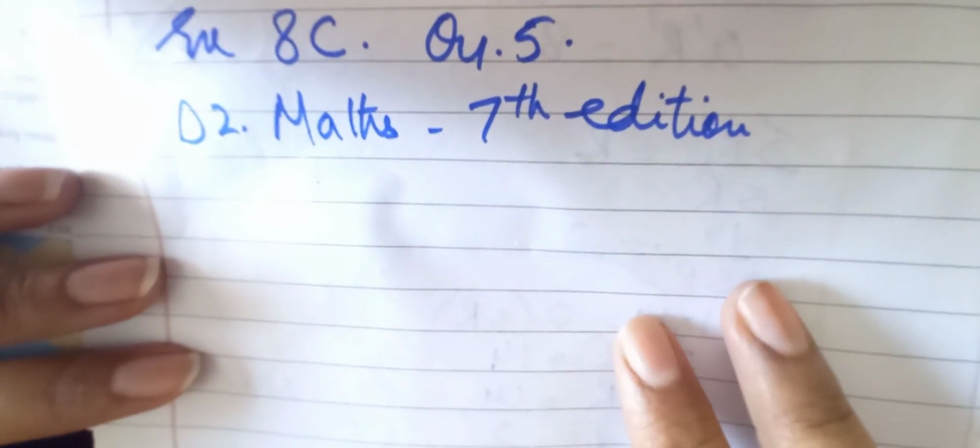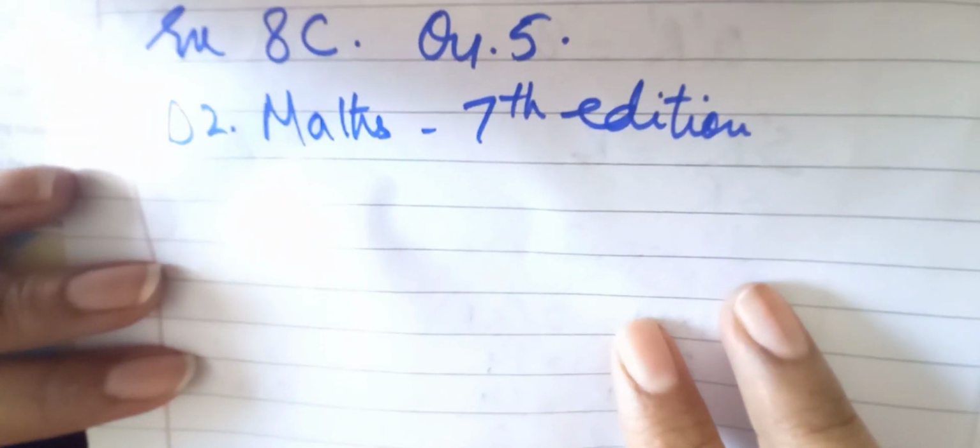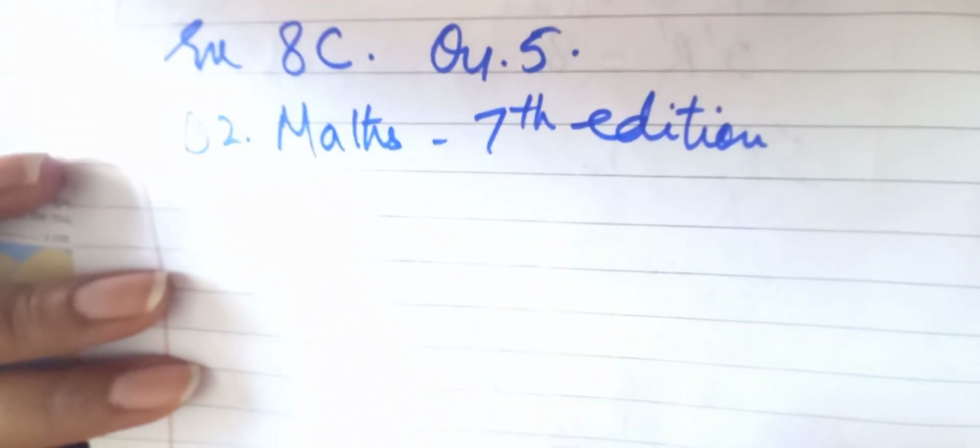Bismillahirrahmanirrahim. D2 Maths 7th edition, exercise 8C. We shall try to cover question number 5 in this video. Question number 5 is,